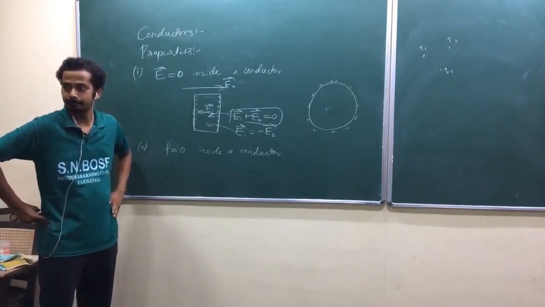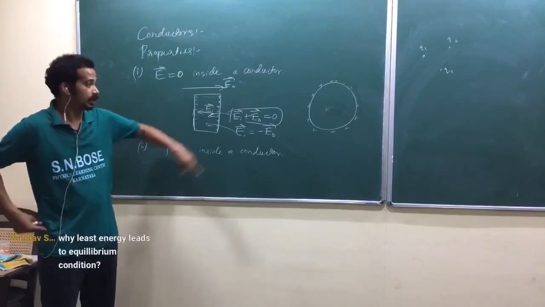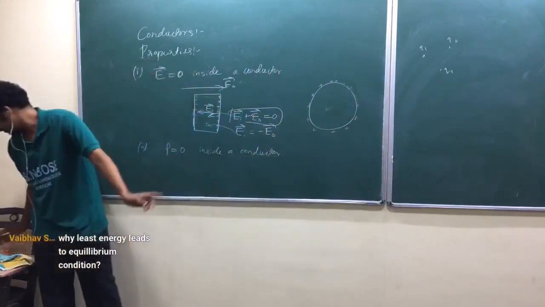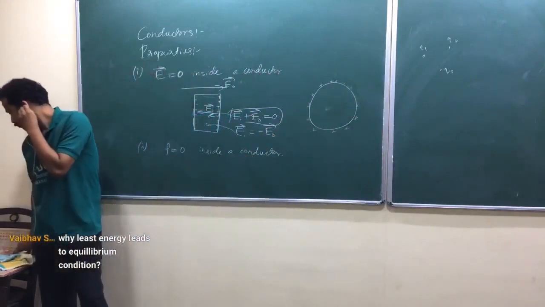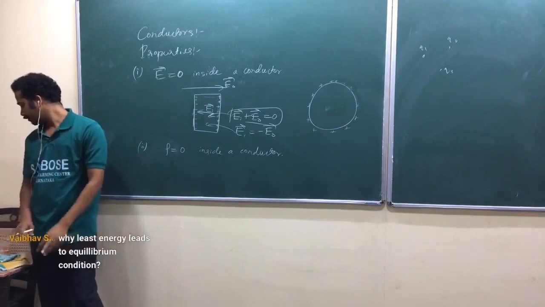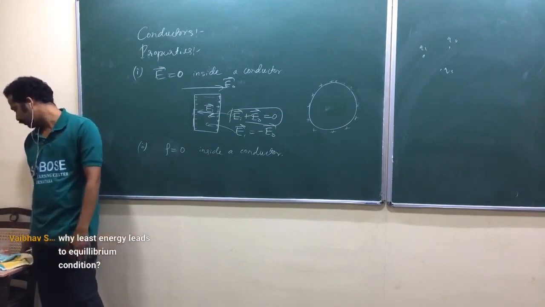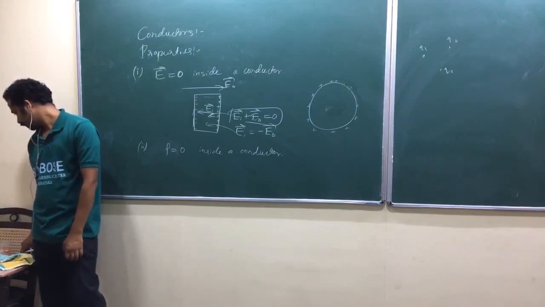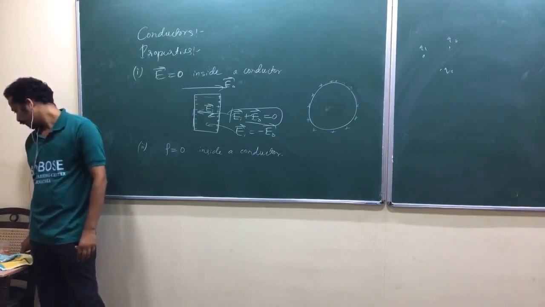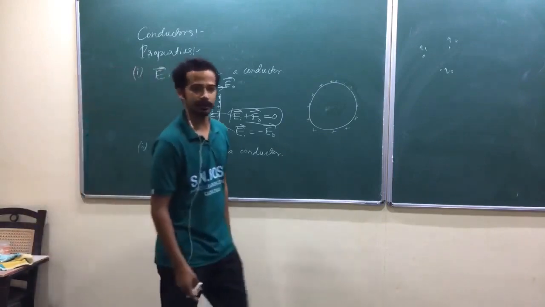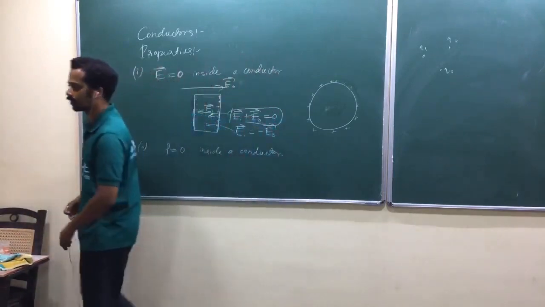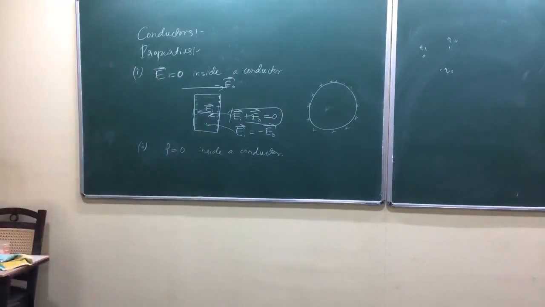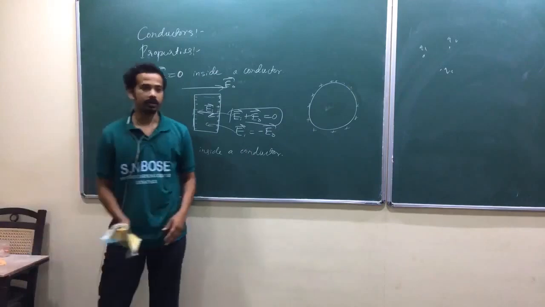Why is the surface itself the least energy condition? Yeah, let me show that one. We shall take our earlier answer. Just take the sentence. Because of that mutual repulsion, charges naturally spread out as much as possible, and the only place is the surface, isn't it? So that's why they will move out to the surface. Volume charge density equals 0 always. Again, it's nature.